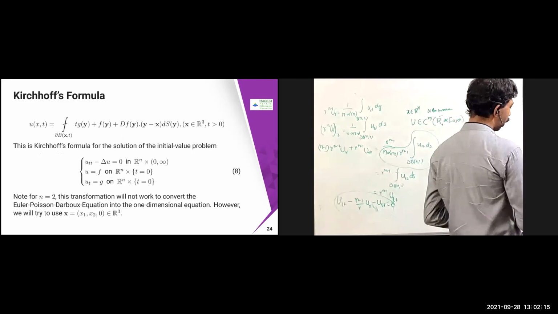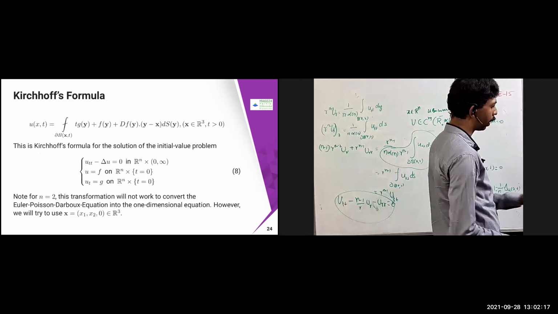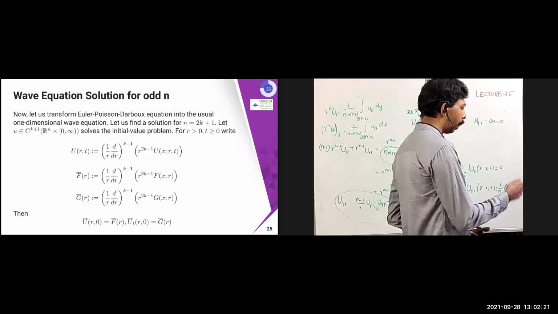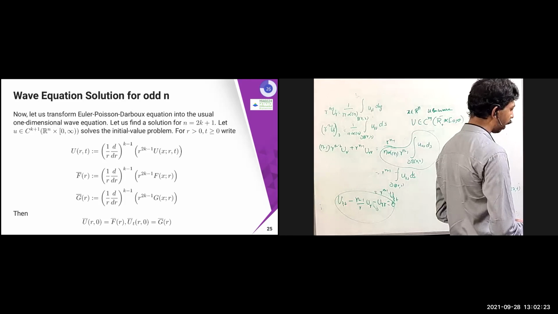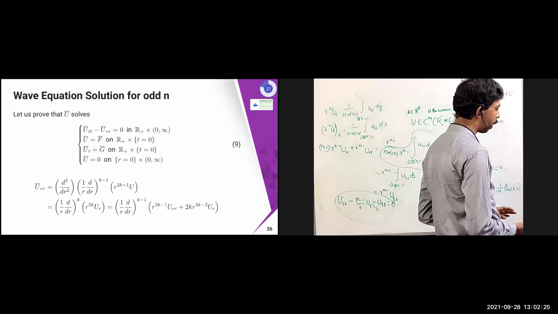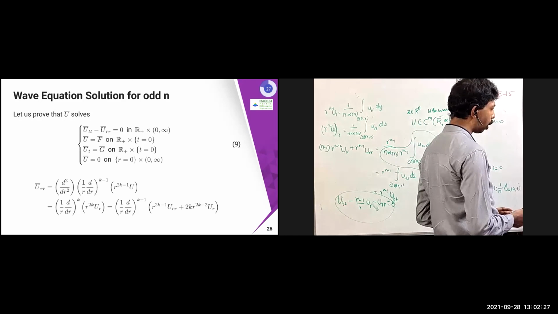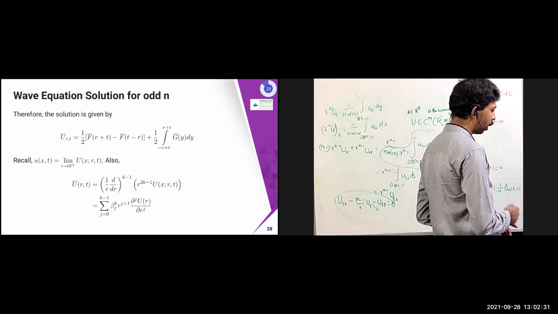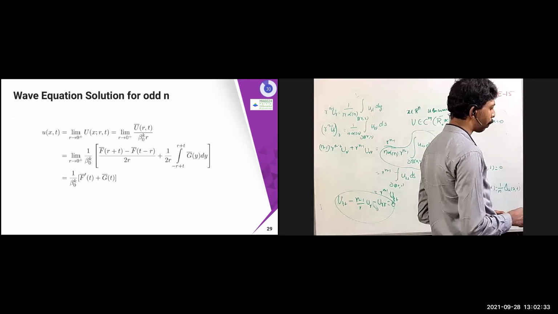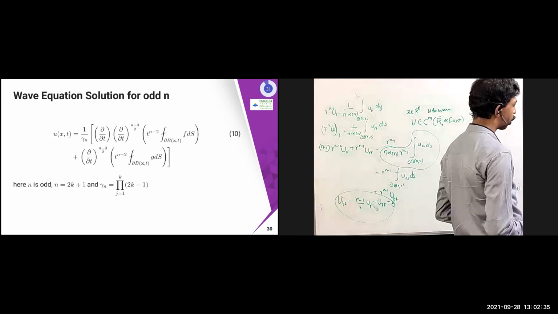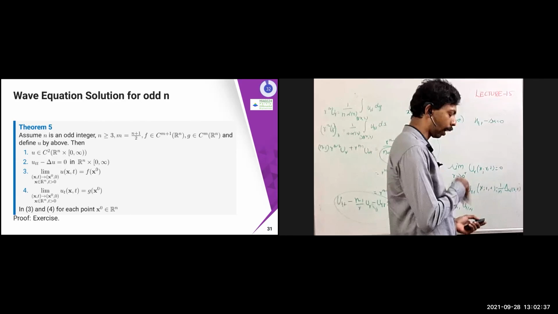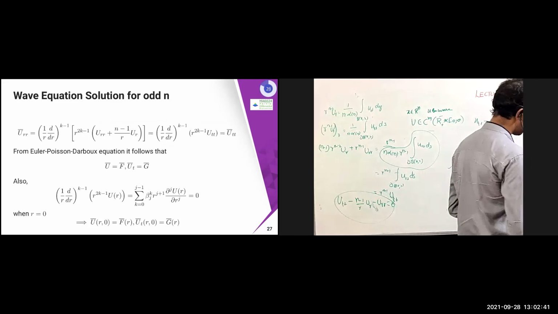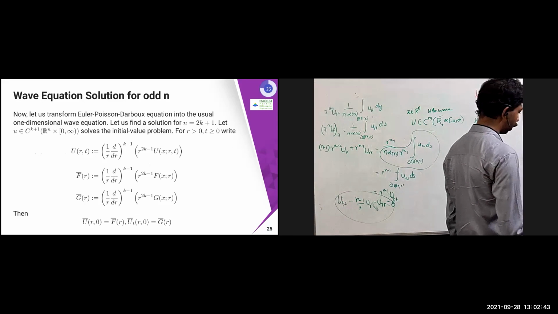That is going to be the general u of x comma t. I'll obtain it in this way. We'll solve this in the next class. Then later we will extend this idea to the n equal to even case. This is the n equal to odd case with conditions. For the even case, I will use some other technique: I will skip one variable and add one more variable and then do it. That odd and even part we'll do in the next class. Kirchhoff formula.